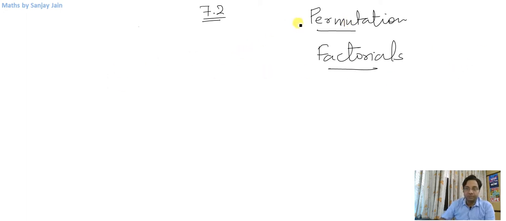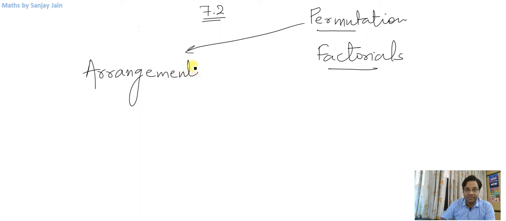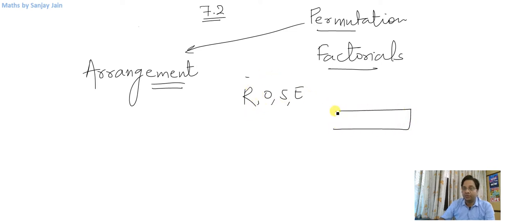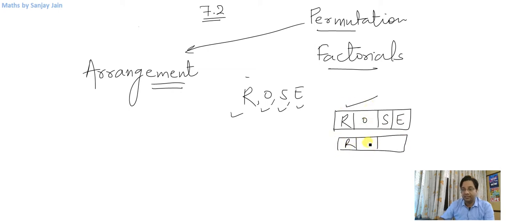Now, what is permutation? Permutation is basically a way of arranging things, so you can relate this with the word arrangement. For example, we did a question where we used the letters ROSE and tried to form four letter words, right? So what we were basically doing was arranging these letters in different ways, because each arrangement is different from another, right? So if I arrange it in this way or in this way, we are just arranging these letters in different ways, right?